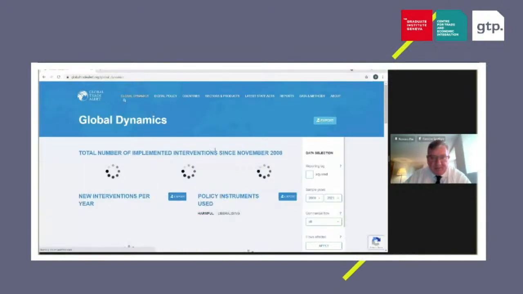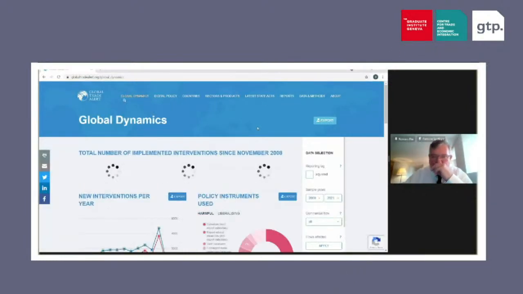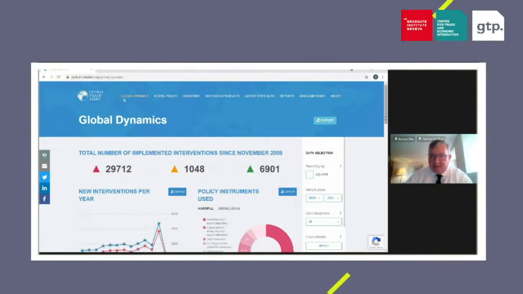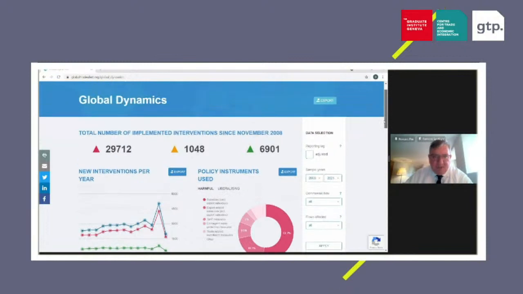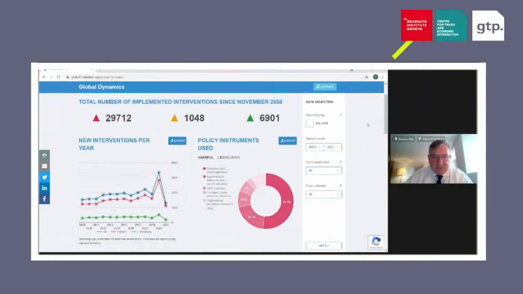And this may take a second or two to come up on your screen. The website sometimes takes some time to load, mainly because we have so many public policy interventions. And you can see here in this top panel, we have on the left the number of policy interventions which have been documented for each year, and you can see the growing number in blue over time, with a spike for 2020 reflecting the pandemic.